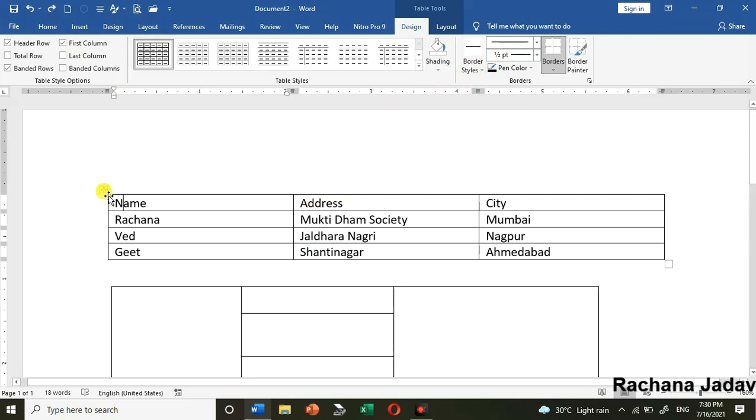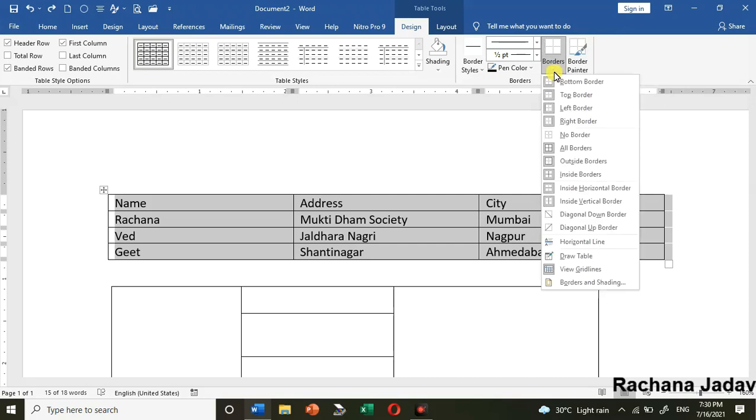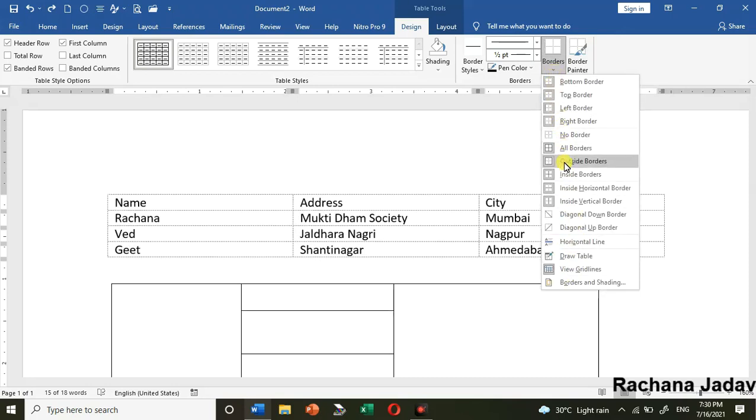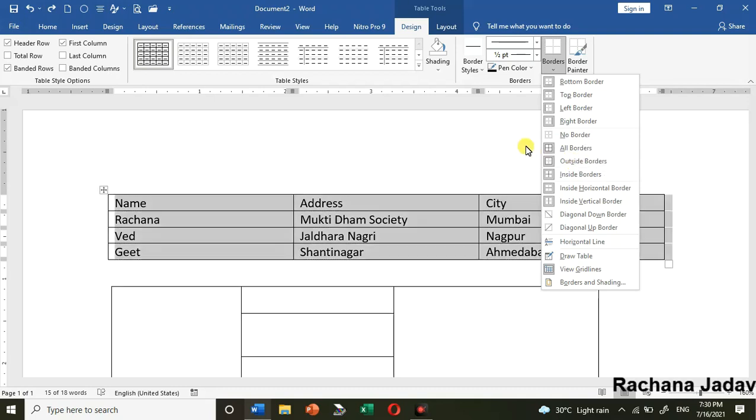Now for the borders, आपको क्या करना है, means you have to select the table and afterwards you will go with the help of the borders. तो यहाँ borders में आप जा सकते हो, you can select any of the borders, all border, no border. If you don't want the borders, yes you can go with no borders. या फिर outside borders, सिर्फ आपको बाहर से ही चाहिए outside borders, that you can do.